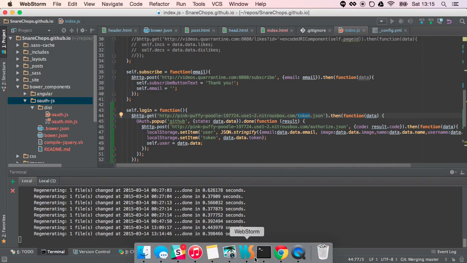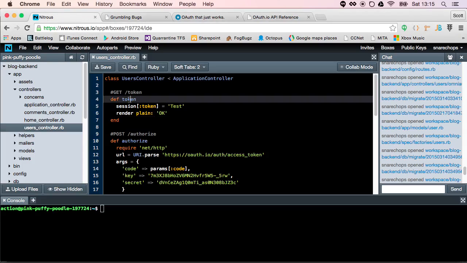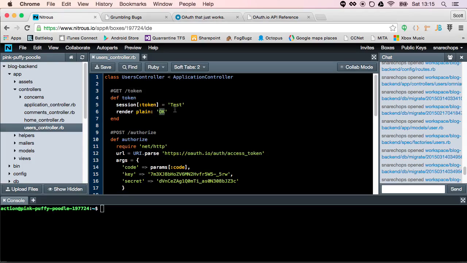Okay, then in Nitrous, which is my server, I hit /token and I return some sort of token, which eventually I'll be able to do in a much better way. And right now the tokens are all exactly the same, just the letters O and K. Alright, so then when that returns,